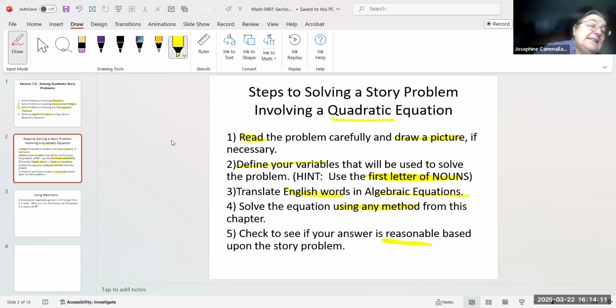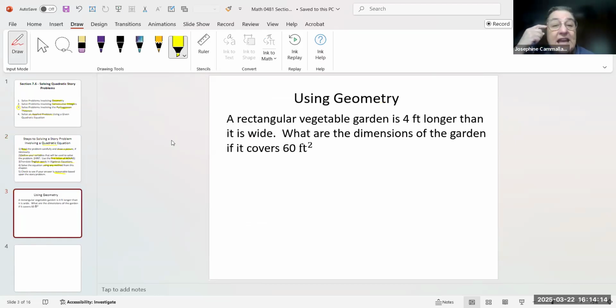Okay, here we go. A rectangular vegetable garden is 4 feet longer than it is wide. What are the dimensions, see that little s, of the garden if it covers 60 feet squared? Okay, this is a geometry problem. As I mentioned, you want to kind of read the problem, which we did, and I highlighted a couple of things, but I want to also make some more